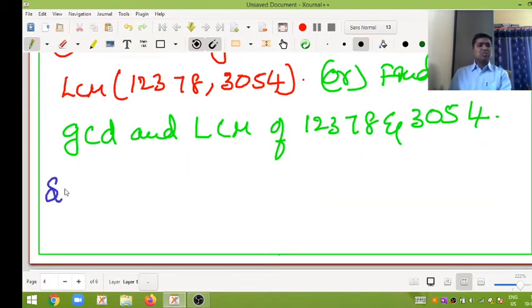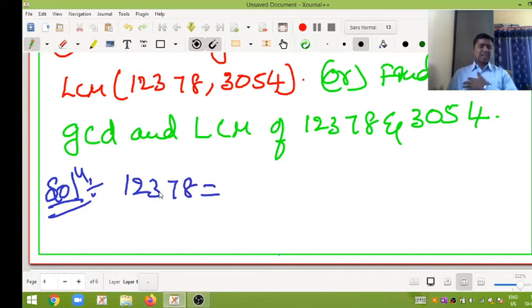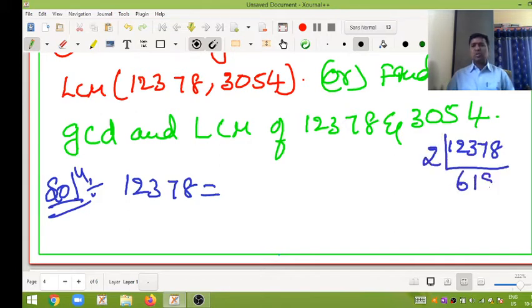So solution part, see here, my dear friends. Solution is what? 12378, prime factorization of this number. See here, my dear friends, 12378 prime factorization we have to find. 2 6s are 12, 2 1s are 2, 2 8s are 16, 2 9s are 18, my dear friends. Again, here the unit place is 9, so that's why we have to take 3 as the prime. 3 2s are 6, 0, 3 6s are 18, 3 3s are 9. Again, my dear friends,